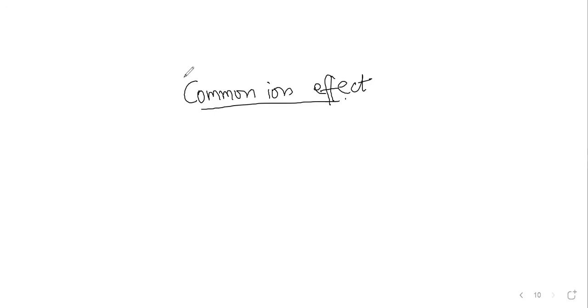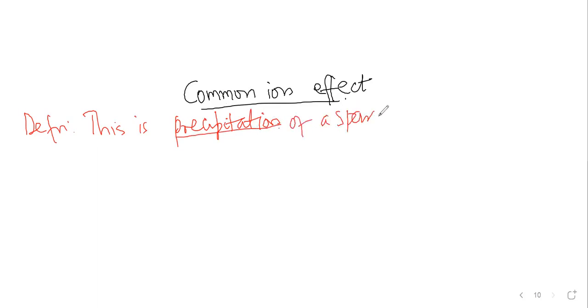What is common ion effect by definition? So common ion effect is the precipitation of a sparingly soluble electrolyte